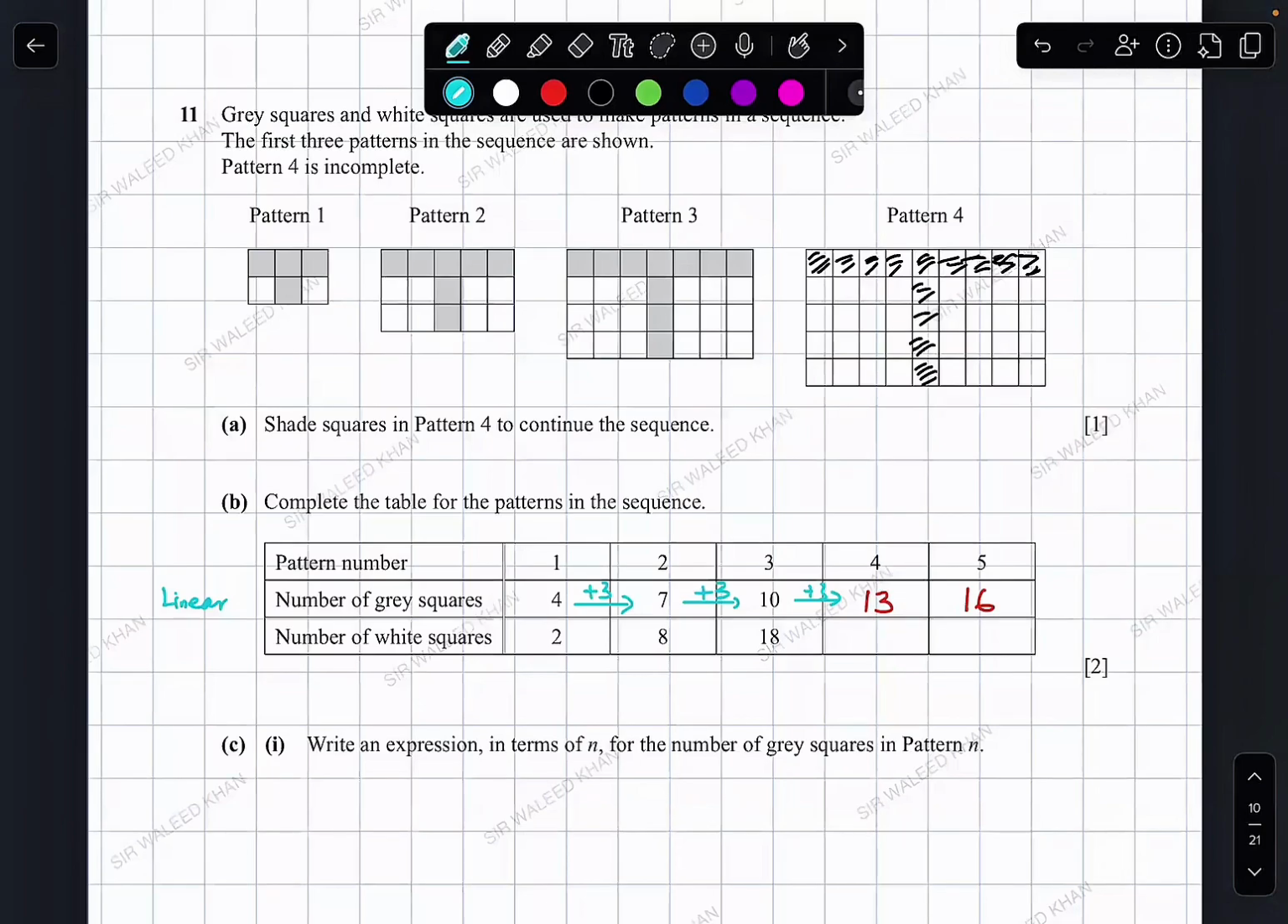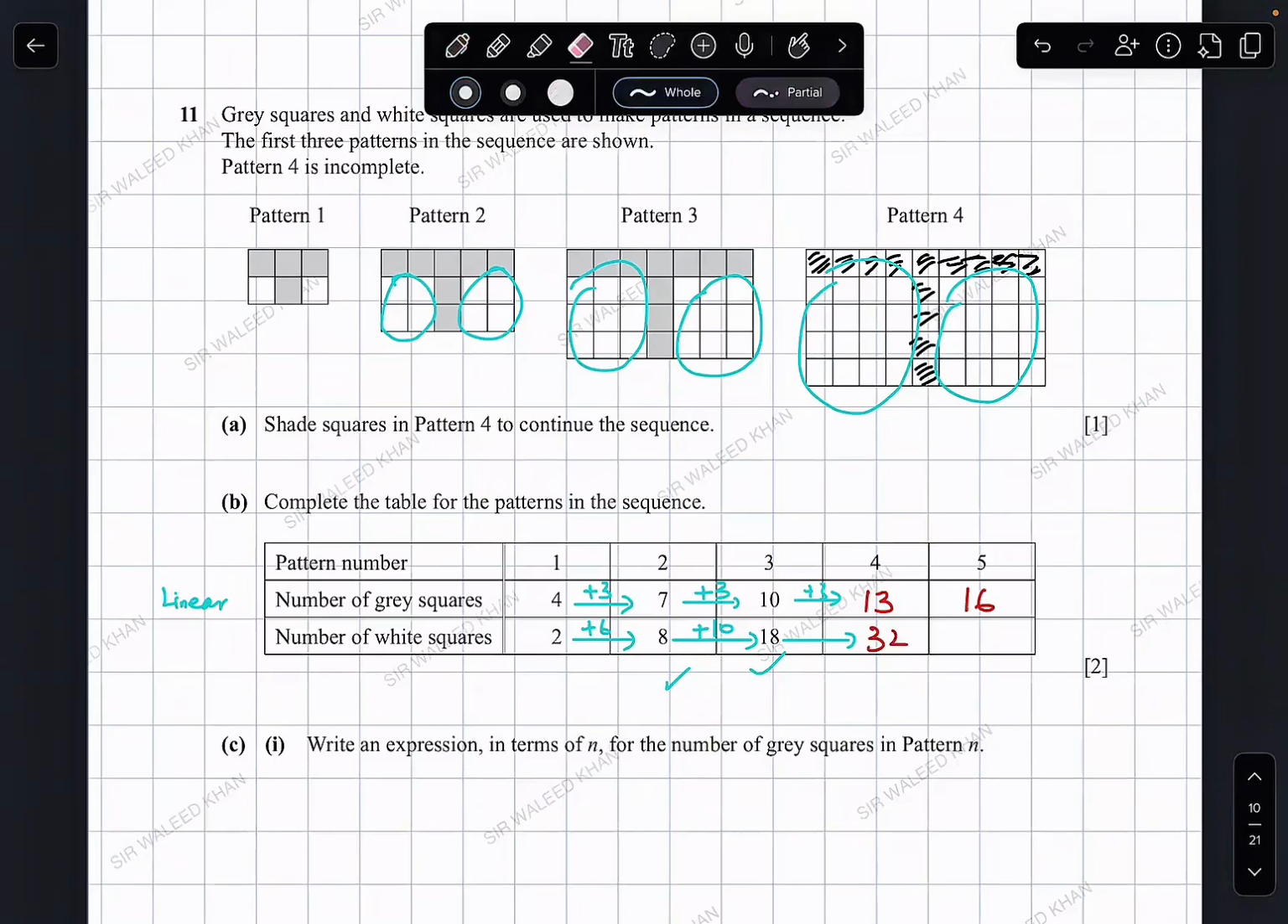The next one, I can see that the difference over here is positive 6. Then we have a difference of positive 10, right? And then what should be the difference? We can see by looking at this, we have 4 and 4, 8. We have 9 and 9, 18. And we have 16 and 16, which should be 32. So this one is 32. So that means the next difference is of 14